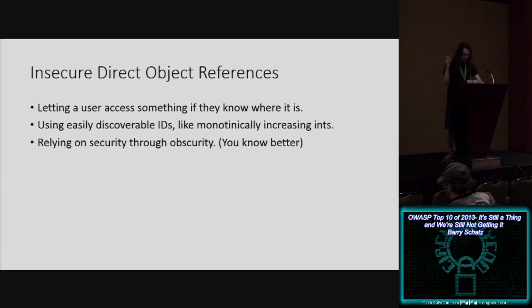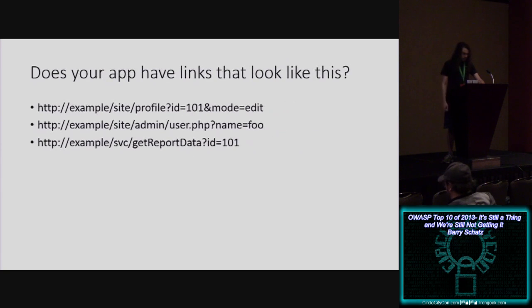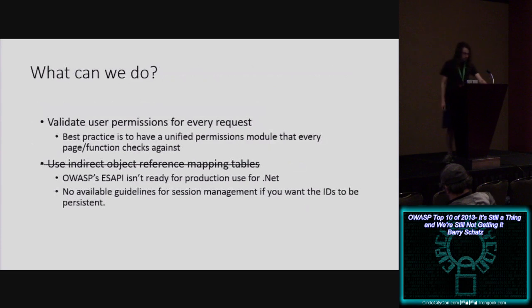So, a couple of examples. And yeah, they're kind of straightforward. If someone could just, say, go to a profile page and flip the mode to edit, yeah, that's bad. Similarly, access user stuff; these are all just kind of thrown together, really. The JavaScript API-looking one, though, I had to throw that in there because, frankly, people can do stuff through JavaScript APIs too. Although this bleeds into the next point.